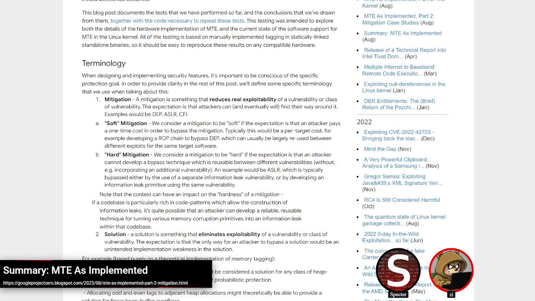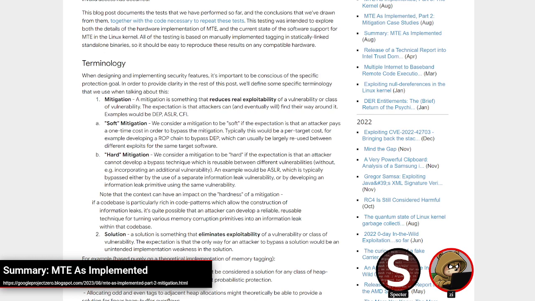Giving the example of building a ROP chain. You can, in theory, do that once. I mean, you might have to make a few adjustments on the early stage of it, but you can kind of write your ROP chain. It does whatever, and away you go. On every vulnerability, you can just reuse more or less the same thing. Versus like ASLR, you always need to recreate a new information leak every time. You don't just get to reuse it.